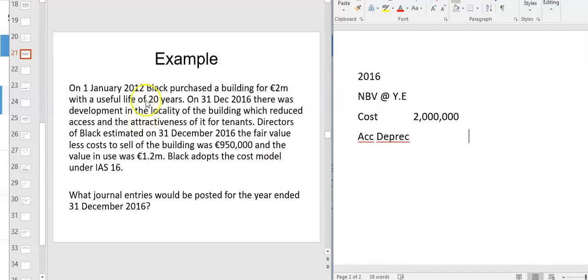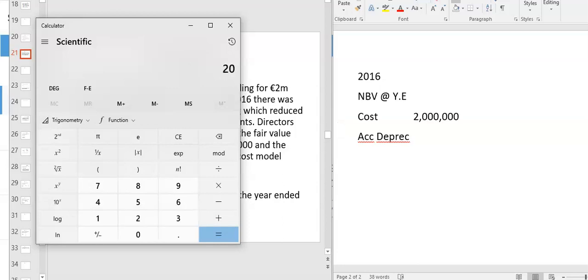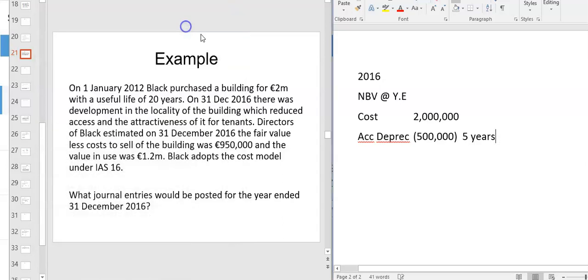Your annual depreciation is quite an easy one. It's 100,000, 2 million divided by 20. So 100,000 times 5 is 500,000. And put there 5 years. Just be careful. A lot of people will just see 16 and 12 and they'll say, oh, it's 4 years. It's actually 5. And that means the net book value, otherwise known as the carrying amount, is 1.5 million. That is at the year end,